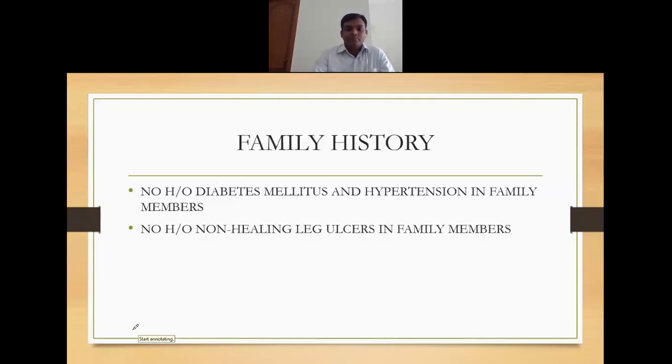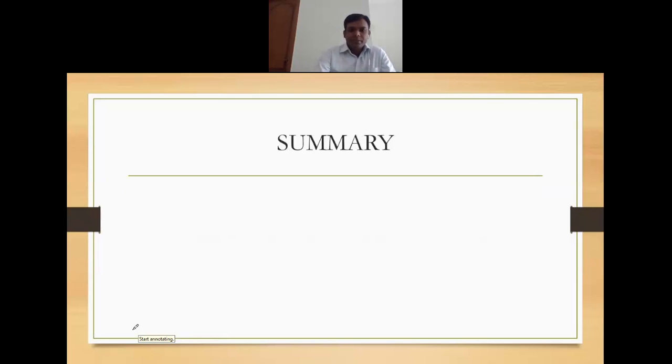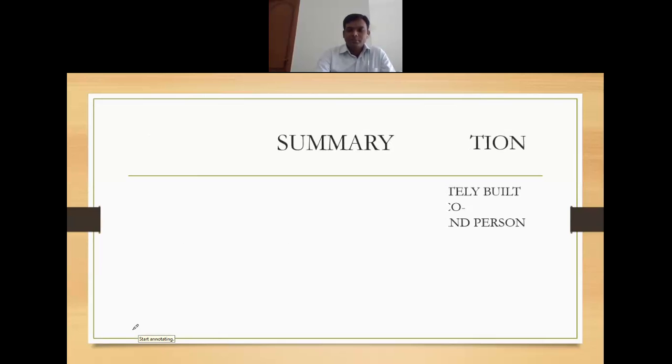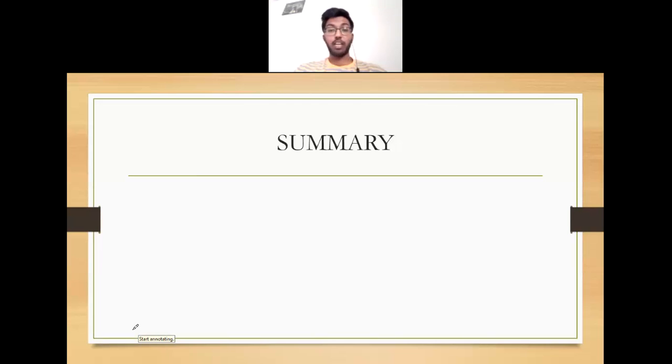Okay, fine. Summary. You want to summarize? A 50-year-old gentleman belonging to the lower middle class who is a known diabetic from 15 years and hypertensive from 12 years presents with complaints of wounds over sole of the foot and pain from 15 days after a trauma while walking. The wound is associated with scanty serous discharge and it has grown over time. No significant family or personal history, no similar complaints in the past.